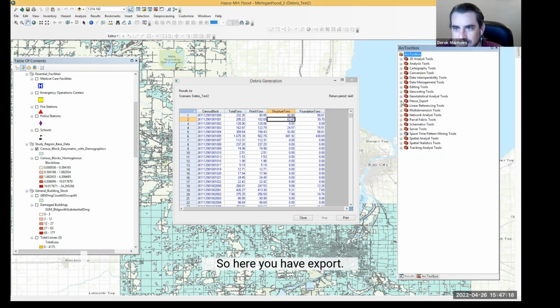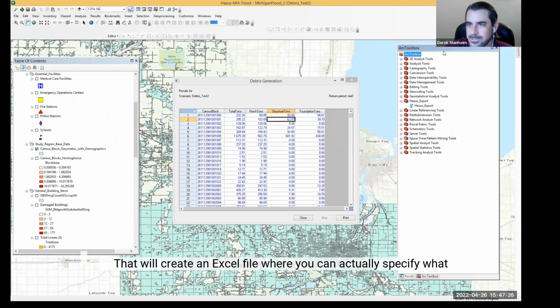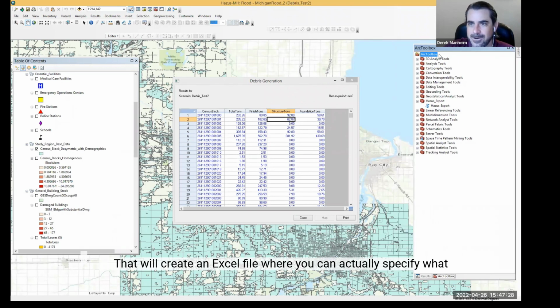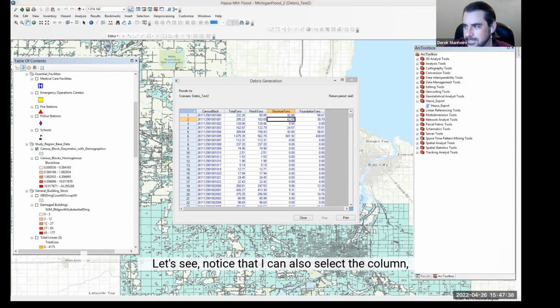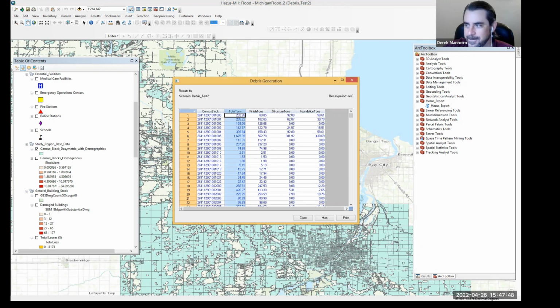So here you have export, and if you double click this icon, you can then export your results. That will create an Excel file where you can actually specify what data you want to export, and it will be generated for you where you decide to save it. Notice that I can also select a column, right click it, and show export. So that's another option you have rather than just straight up copy and pasting.